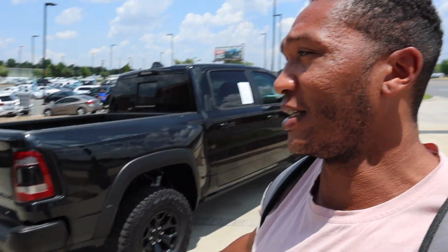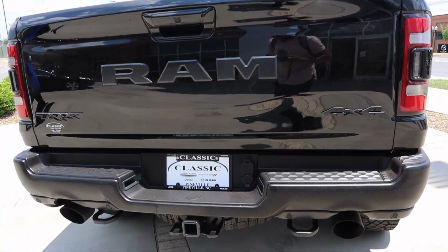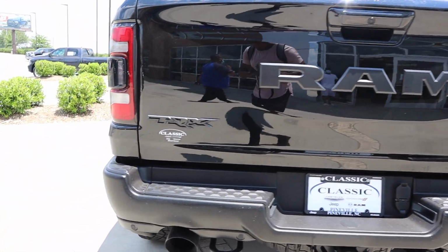Alright, so with that being said, we now have our 2021 TRX here today. This one is fully loaded, so before I get into this vehicle, we're gonna take a walk around it. I'm gonna tell you guys about it just a little bit. Okay, so this is our 2021 Ram TRX